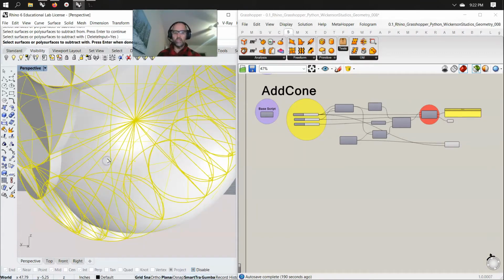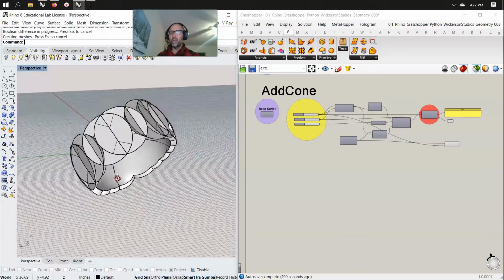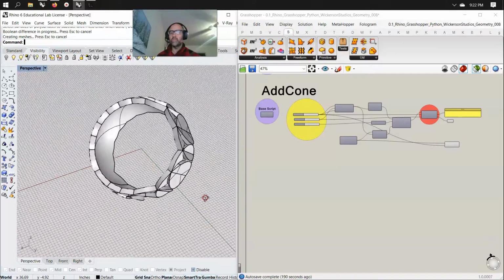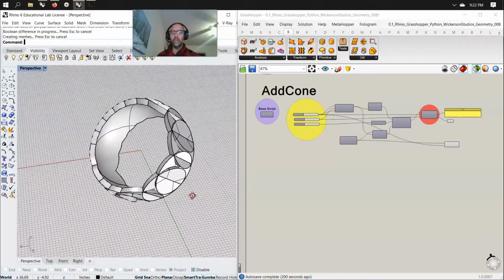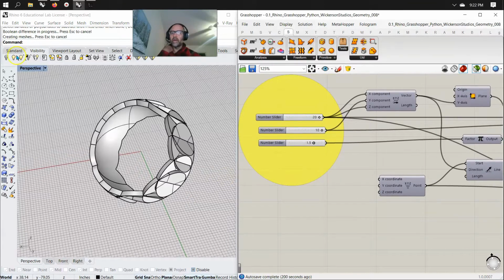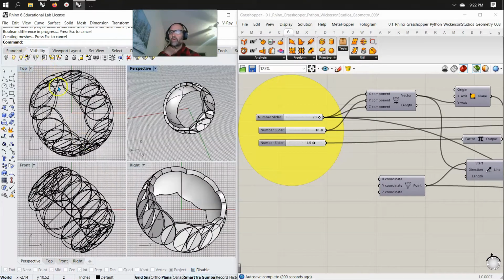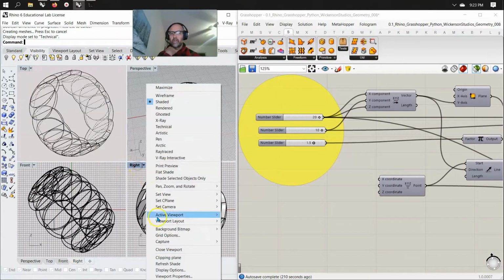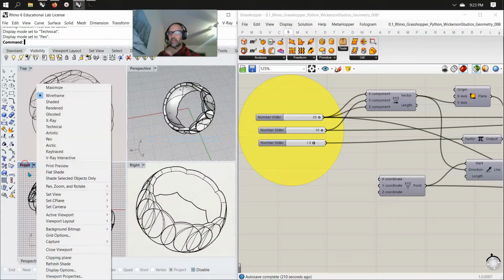And I'm going to try and hit that circle for minusing, and there we go. Got a pretty cool little ring. Take a look at it. Nice and simple. And what's nice, you can still add to it. You could go around and at this point, which might be fun, and you've already got this into some pretty cool displays. Let's take a look at a technical. Let's take a look at a pen. Let's take a look at the